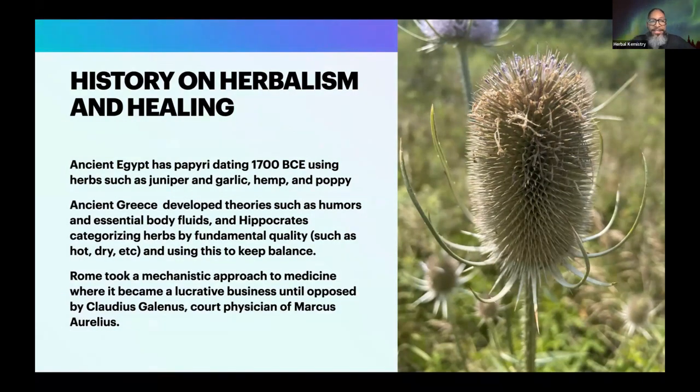Okay, so going back to the history of herbalism and healing, basically herbalism has been used for thousands and thousands of years. We have some documentation and papyrus that we can look at to show that every civilization has been using herbalism to some degree. In ancient Egypt, we have papyri dating all the way back to 1700 BCE, where they were using things like juniper, garlic, hemp, and poppy. Poppy, I think they were using for kids to calm them down if they were too energetic. And as we know, poppy seeds have chemical compounds that are very similar to